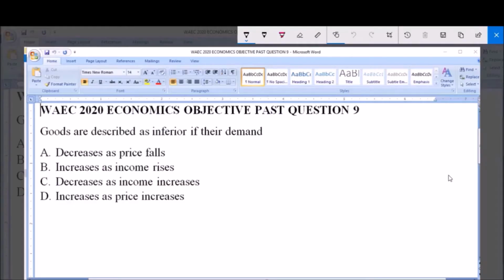Hello and welcome. I will be answering WAEC 2020 Economics Objective Past Question 9. Goods are described as inferior if their demand: A, decreases as price falls, B, increases as income rises, C, decreases as income increases, D, increases as price increases. Now, this is more or less asking us for the definition of an inferior good, and an inferior good